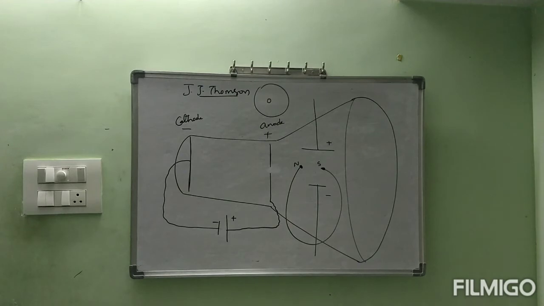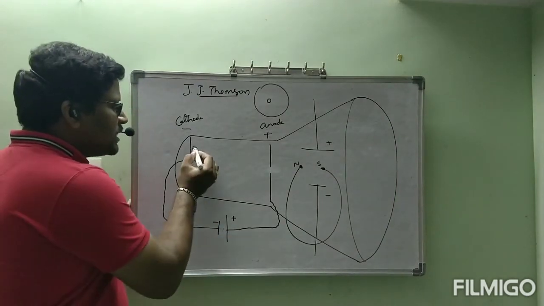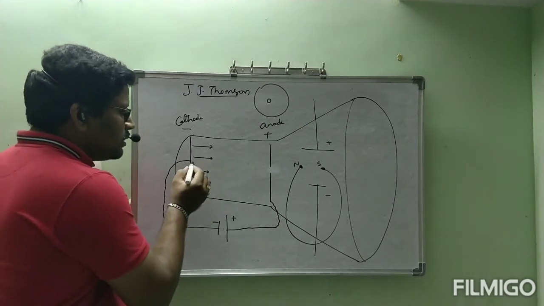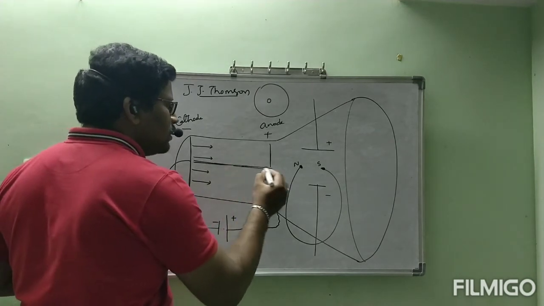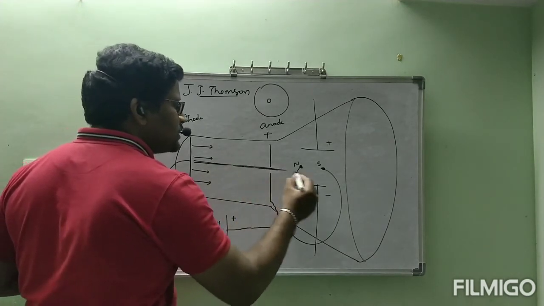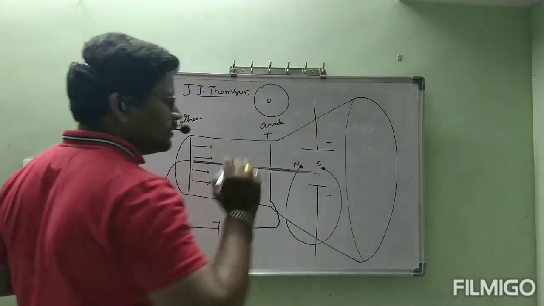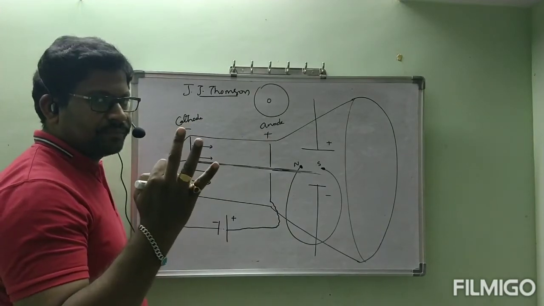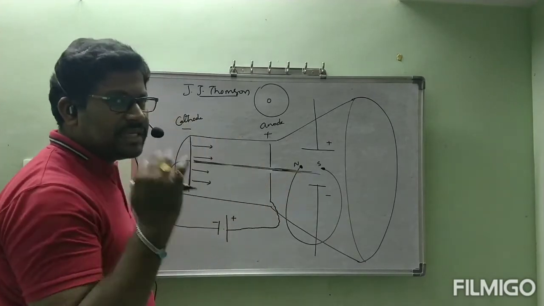Now let us see. At once if you switch on the battery, cathode rays are generated from the cathode to the anode. Then the stream of particles passes through the anode hole, like this. They are traveling through this hole. Now the scientist observed the path of cathode rays in 3 steps.